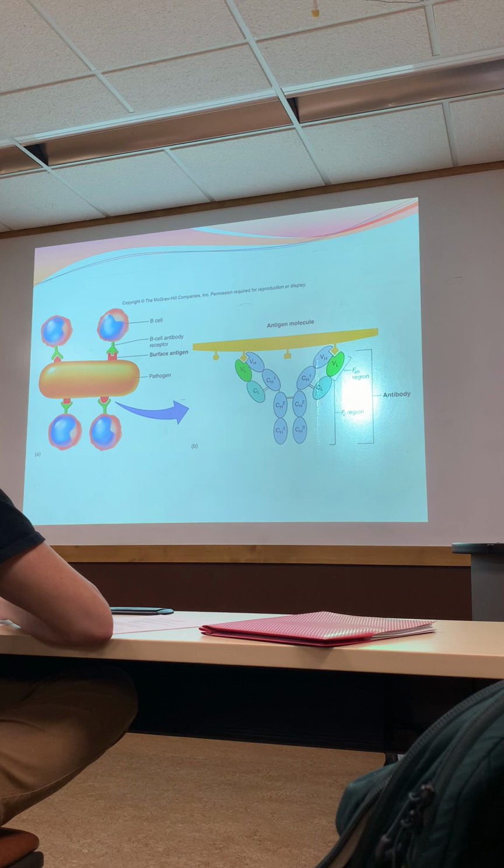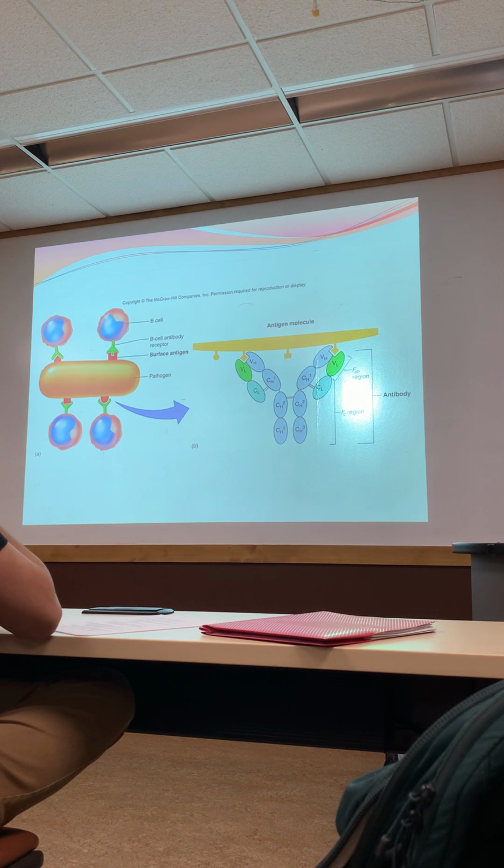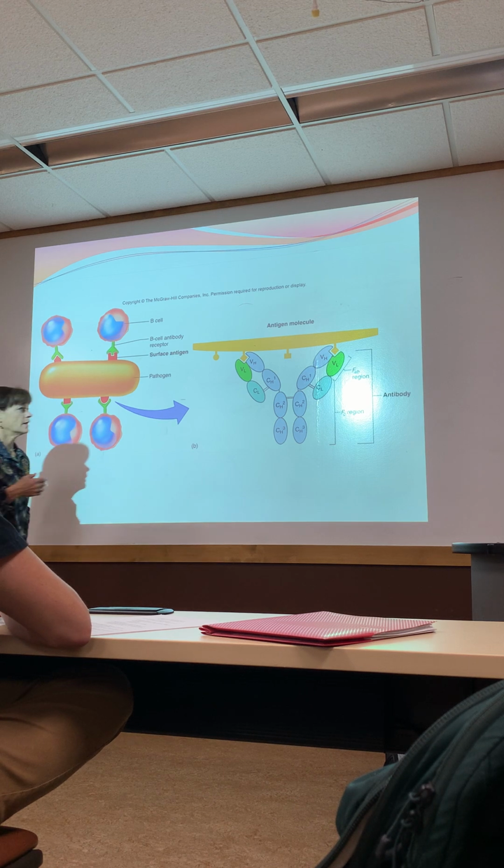So you can make antibodies like this, or this, or this, or this. Get it? So we should be able to bind to anything that we come across. Which we can. If our immune system is healthy, we should be able to at least mount a response to anything that we come across.